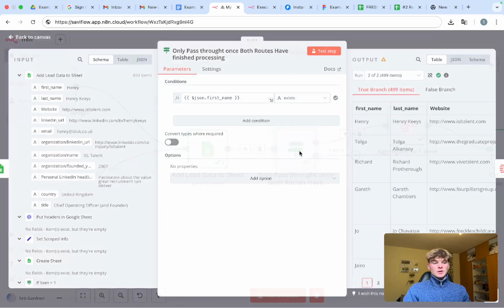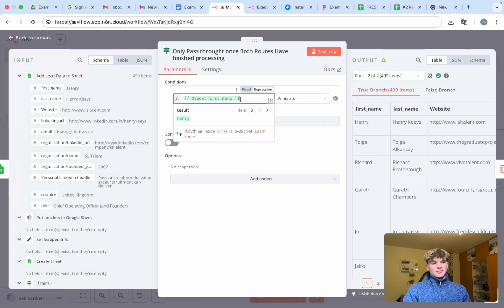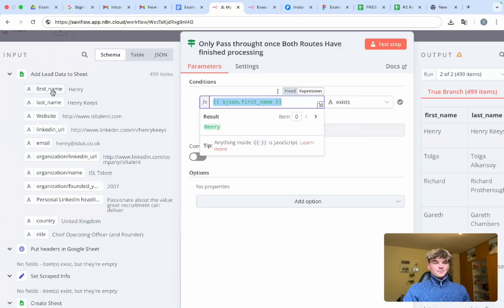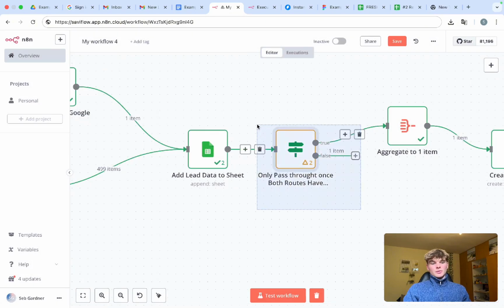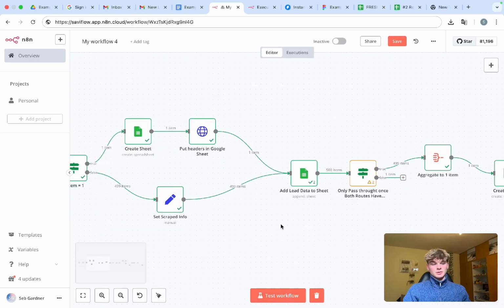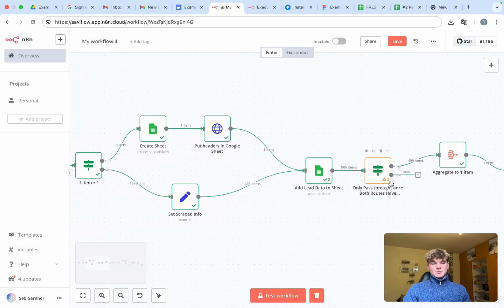And if we go into the if node, it's just a random field, the first name. So this first name here, first name exists. And if it doesn't exist, then it doesn't go through this. It doesn't pass the node. And the reason that works is because it's a random field from this bottom path. And it works because on the first run,